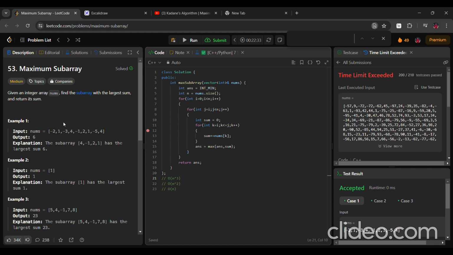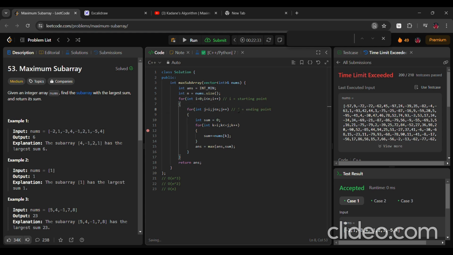As I had mentioned earlier, a subarray is basically a contiguous segment of an array from a particular starting point to a particular ending point. So what we can do is fix a particular starting point and fix another ending point, and then find the sum of that subarray and return the maximum sum from all such subarrays. That's what I have done here. I have fixed a particular starting point. So i represents the starting point and j represents the